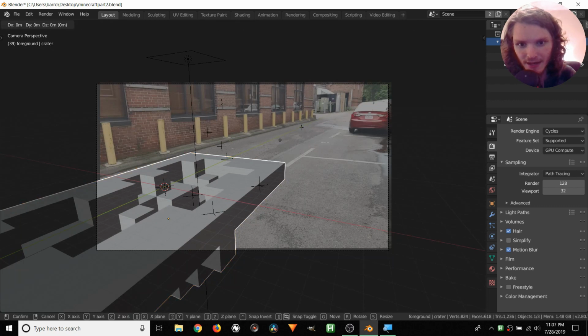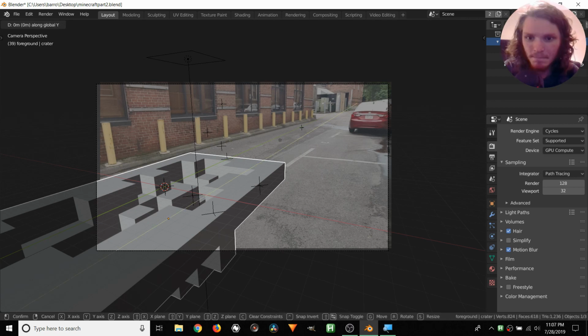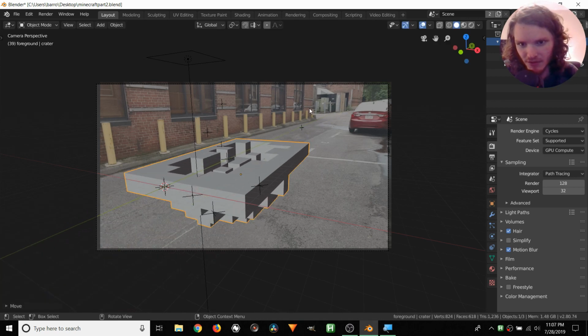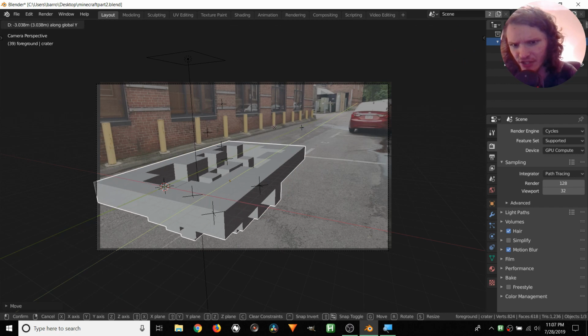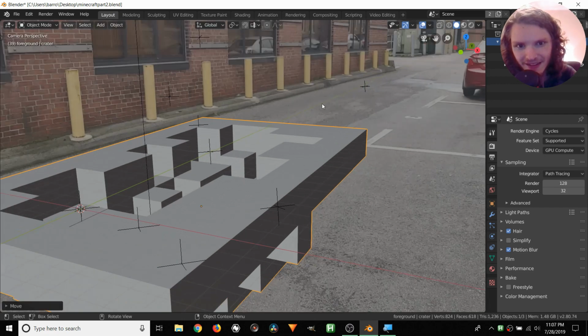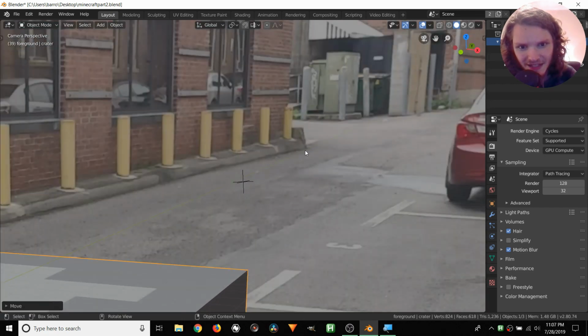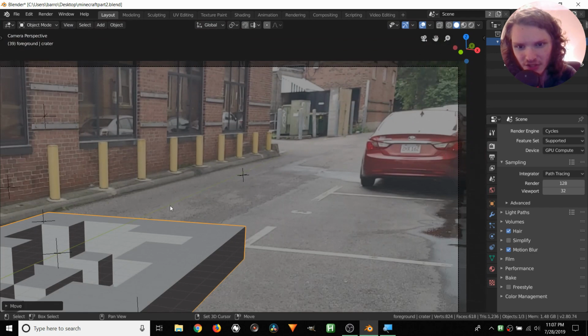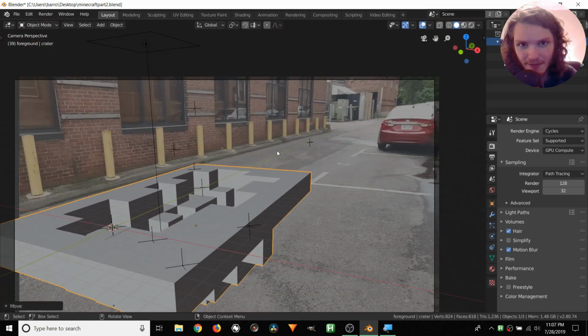So G for grab, and then along the depth, which in this case we made the y-axis. So it goes deeper into the alley. So something like that. Maybe that's a bit too much. And then one more thing I want to fix is, again, we could only define our y-axis based off two trackers, which isn't ideal. It's just a good approximation. And you can see this y-axis goes along the alley, and then down here, it kind of clips, so it's not parallel to this curb. So we want to do some manual adjustment.